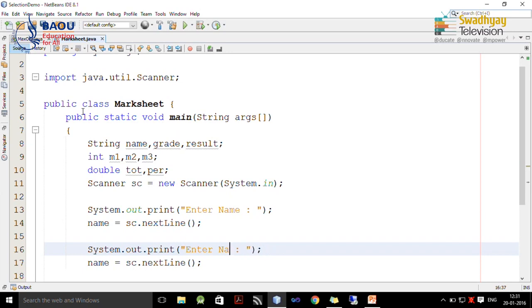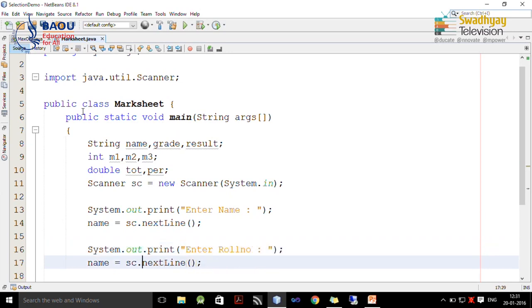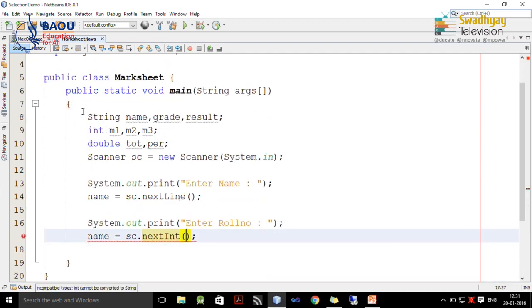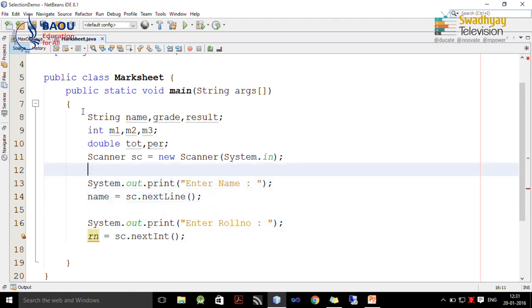So, here I write down roll number and remember roll number is of type integer. So, instead of next line we have to use next integer and the name of the variable in which we are going to store this value is Rn and Rn is not declared. So, I am going to declare Rn over here.